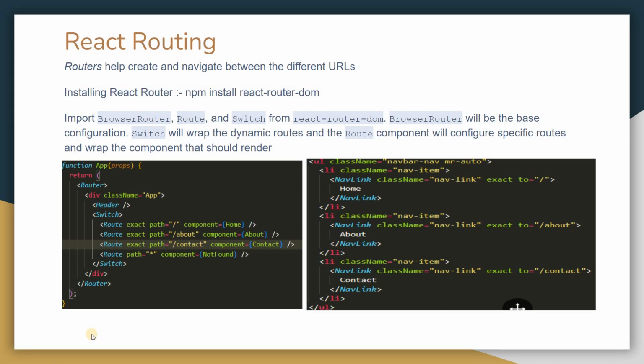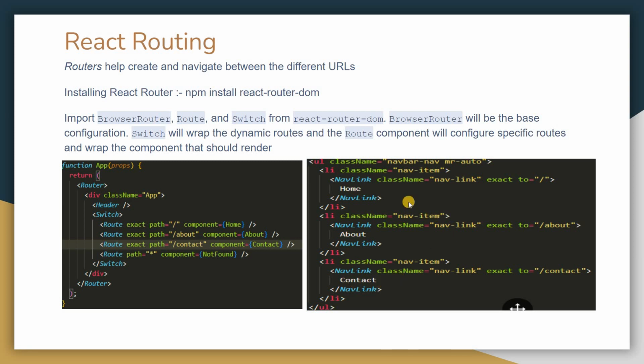So in this video, we will learn about React routing. React routing means inside our application there is a navigation bar, and when we click a particular navigation item, then it should display the particular component. Here I have created three menu items: home, about,